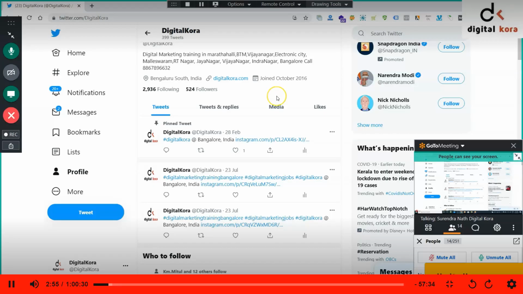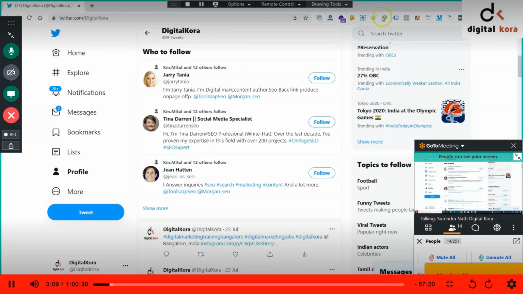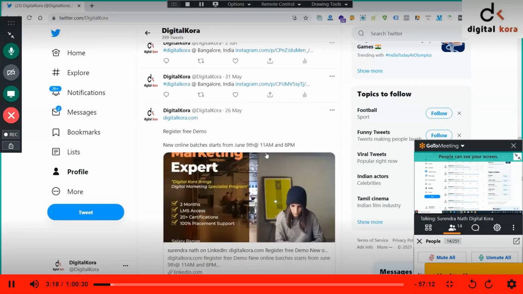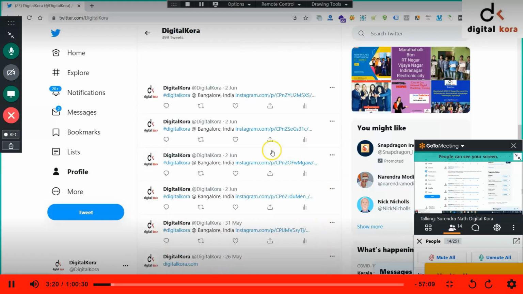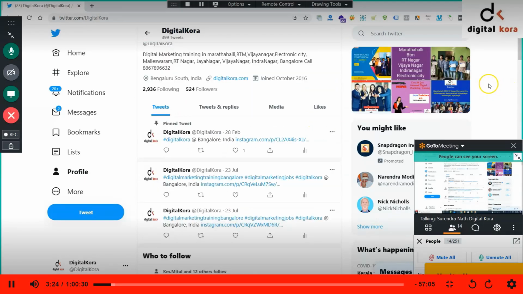Okay. So whom we have to follow? Whom we have to follow actually? And how can we find targeted people related to our business? We can use some methods like some syntaxes as well as some tools. Some third-party tools we have. We can use those tools and find the metrics, find the audience and follow them. So the first method to find the targeted people related to our business is